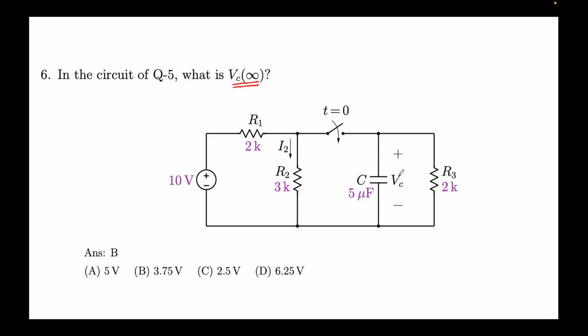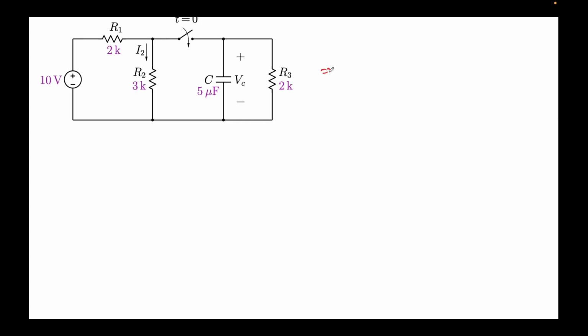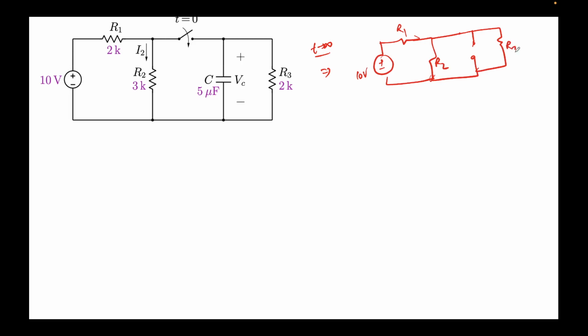Again we'll assume the same thing, that at time t equal to infinity the capacitor has charged. So the capacitor will not draw any current, right? So I will draw the equivalent circuit when t tends to infinity. How will the circuit look? The voltage source, R1, R2 will remain the same. At t equal to 0 this switch has been closed, so it will remain closed, and this has become open circuited,